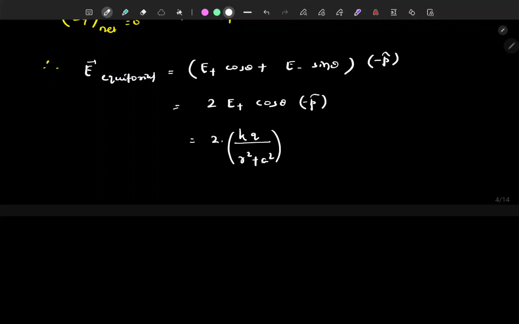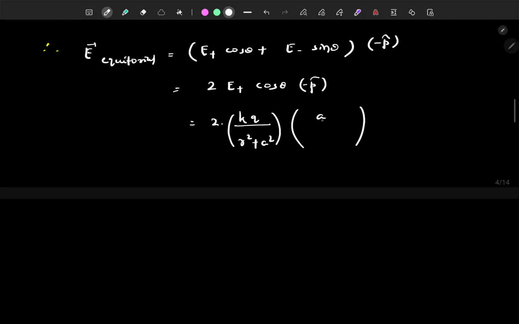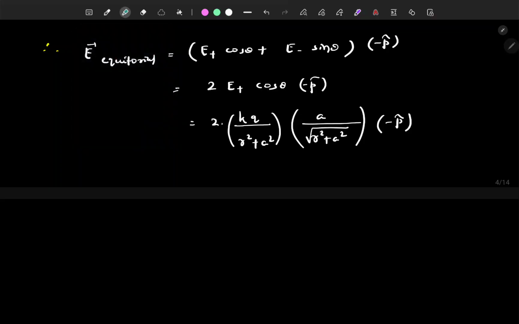This is your E plus. And what is the value of cos theta? In this triangle, the blue and red one, cos theta is a by square root of r square plus a square. So here we can write a divided by square root of r square plus a square, then minus p cap. So q into 2a, in the numerator part, q into 2a